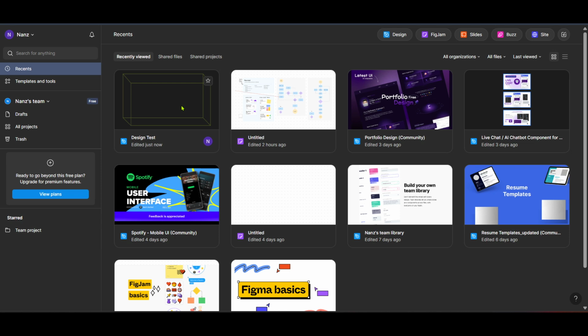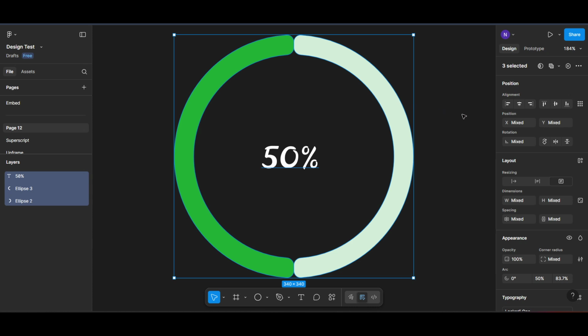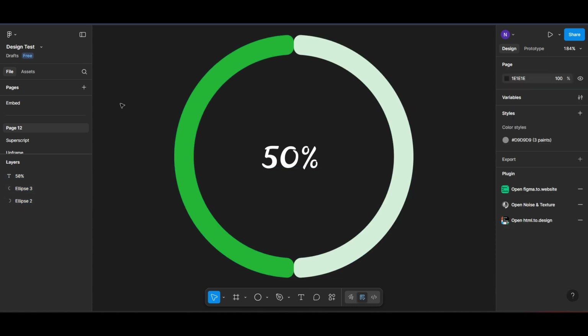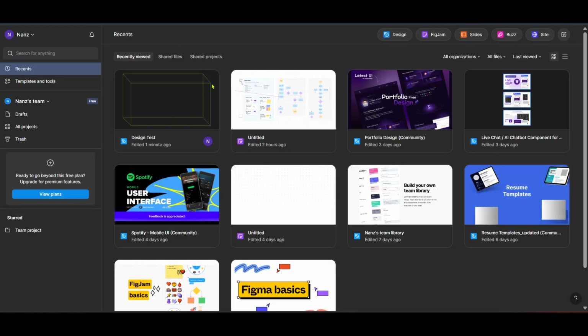After you've made your way into the design section, it's time to focus on finding the specific file you'd like to open. One effective way to locate your recent projects is by clicking on Recents. This option will showcase your most recent works and files, allowing you to access your latest design efforts quickly. The Recents tab is a helpful feature, especially when you're juggling several projects and need to get back to them